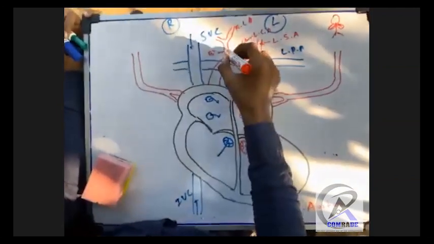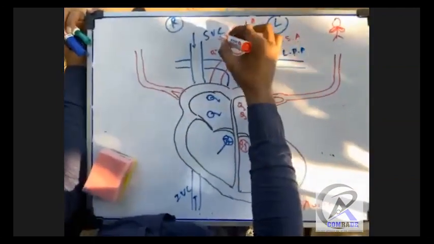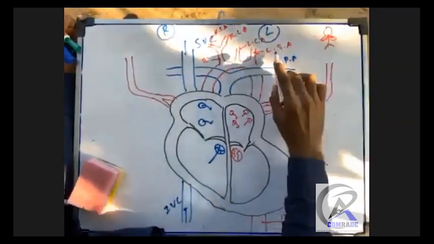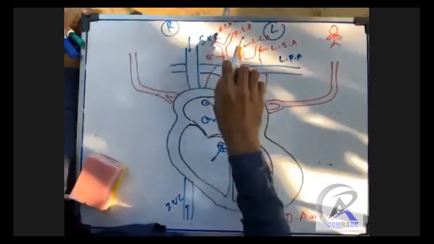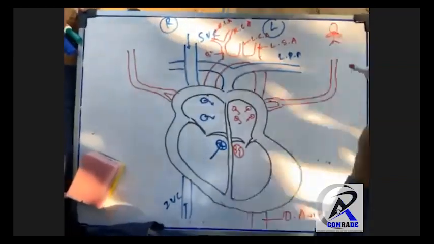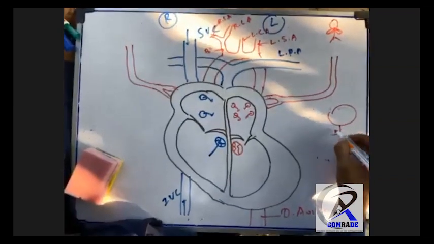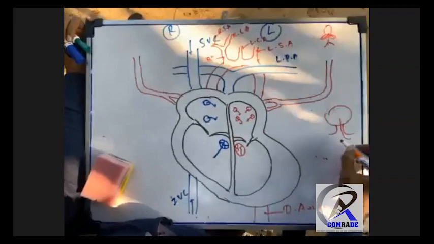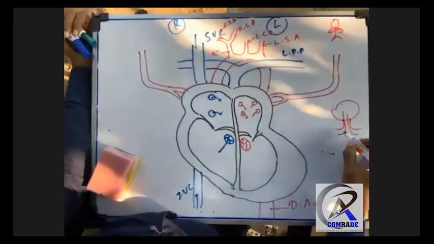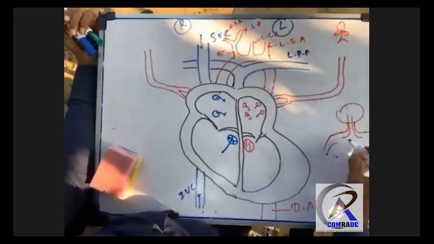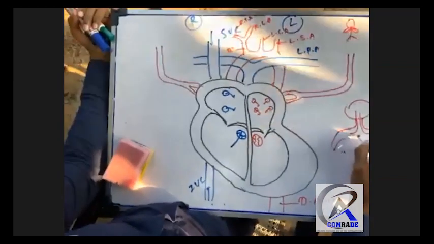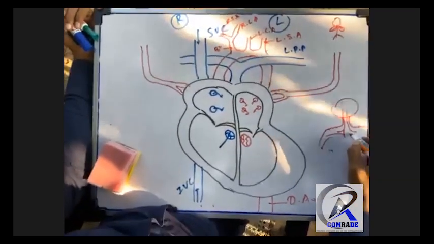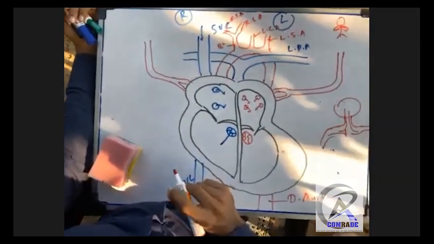So brachiocephalic artery, right carotid artery, and this is right subclavian artery. Here, left subclavian artery, right subclavian artery, left carotid artery, right carotid artery. Okay, this is the head. This is the neck. So left carotid artery moves like this to the brain, right carotid artery moves like this to the brain. And the two limbs are there, no? The other part moves like this. This is the brachiocephalic branch. This moves like this to the right subclavian artery.